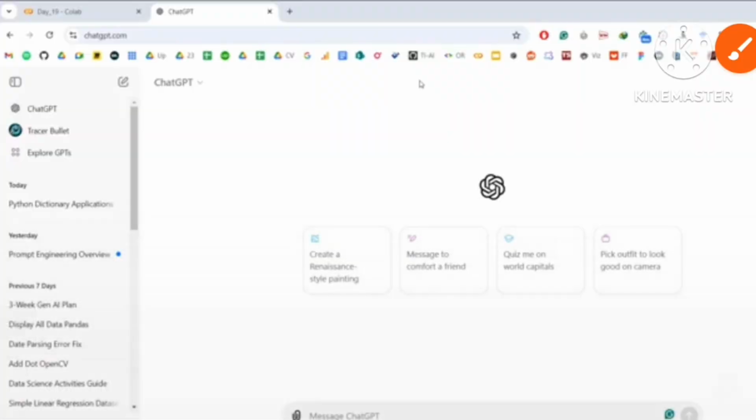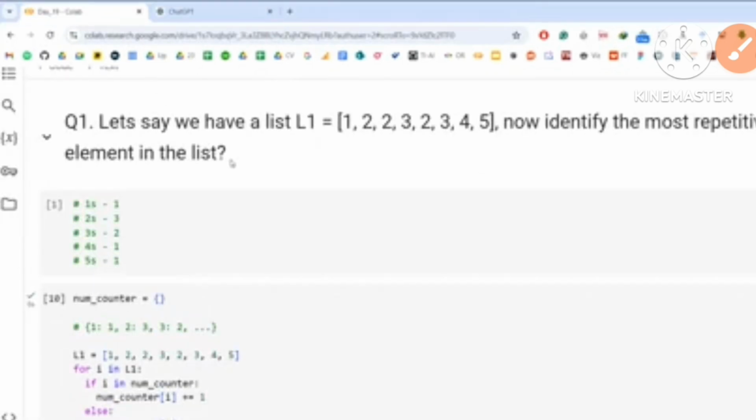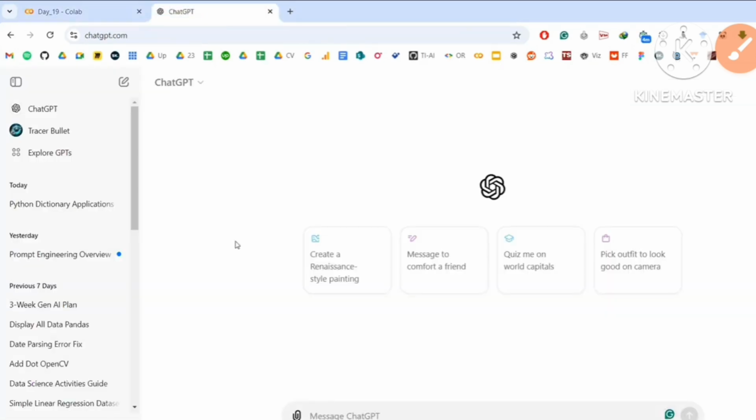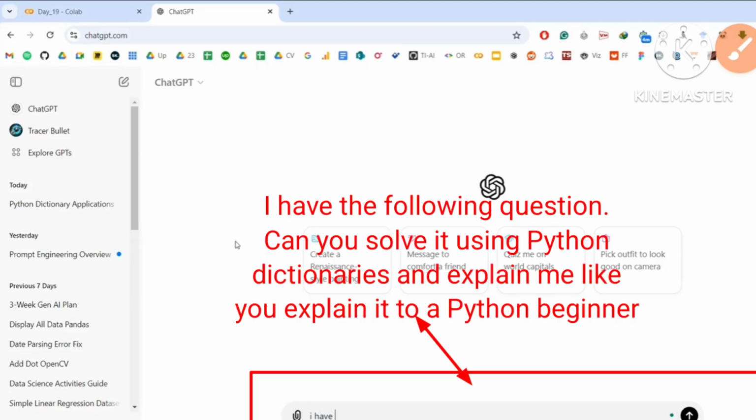Okay, so now let's move to the AI part. Today's AI part should be very simple because we already have a question right in front of us. So let's copy the same question and see how you can use ChatGPT to make yourself better. You can say, I have the following question, can you solve it using Python